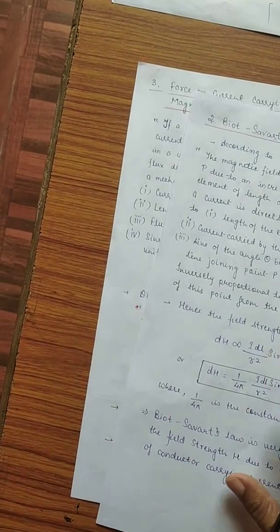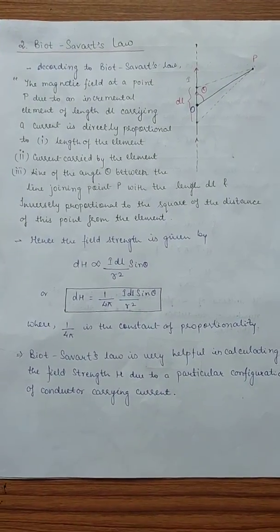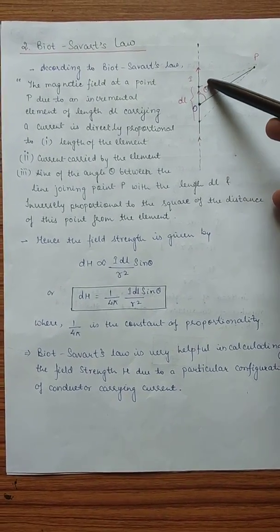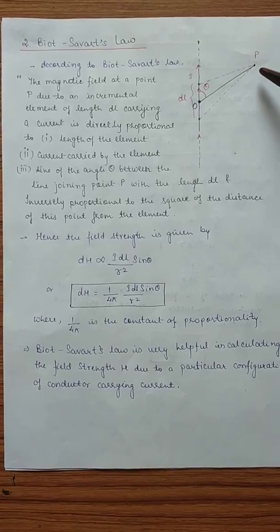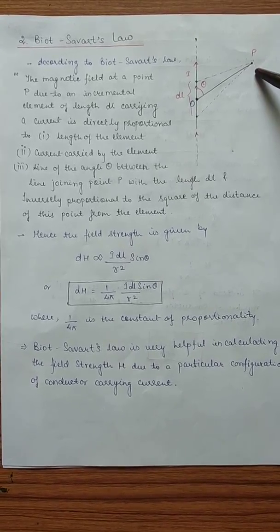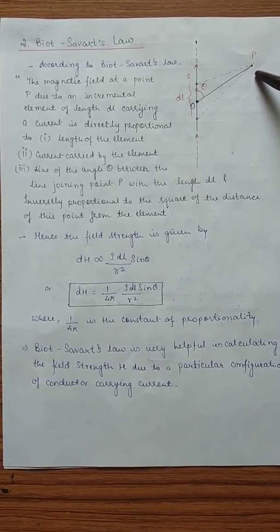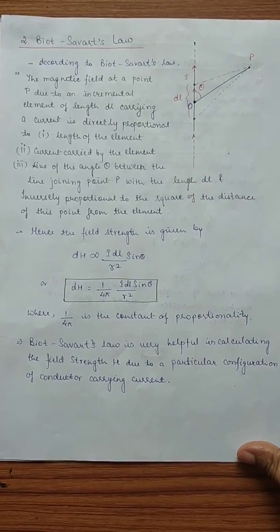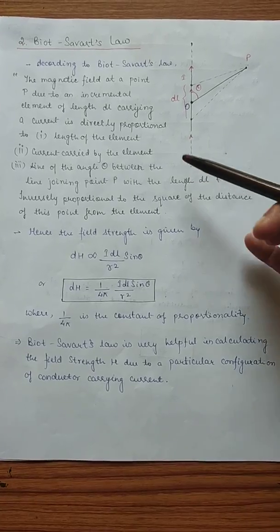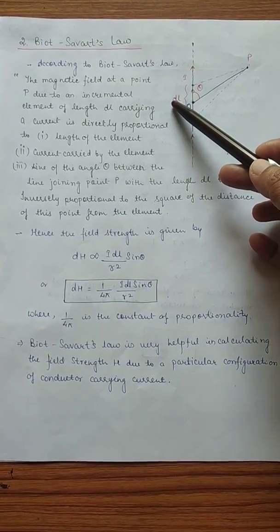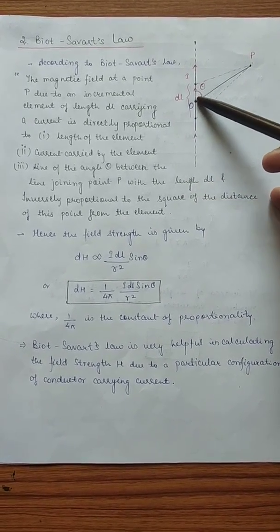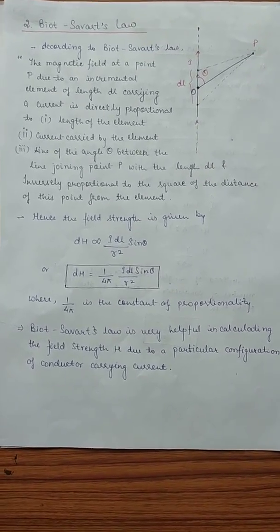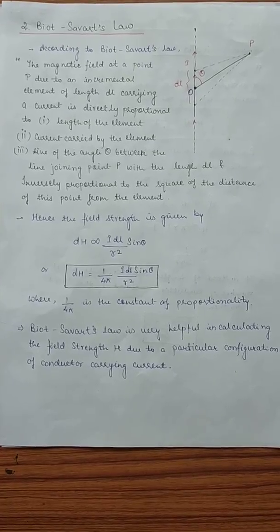Now comes the second important law, that is Biot-Savart's law. We already know that if we have a current carrying conductor and we want to calculate the magnetic field intensity at a particular point P, we can calculate it by using Biot-Savart's law. What does Biot-Savart's law say? According to Biot-Savart's law, the magnetic field at any point P due to an incremental element, meaning this part of the conductor, of length dl carrying a current, is directly proportional to